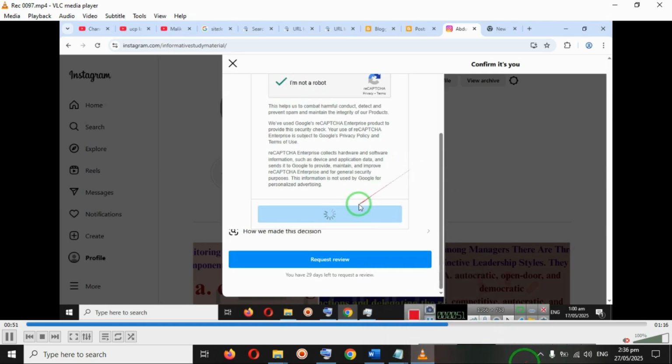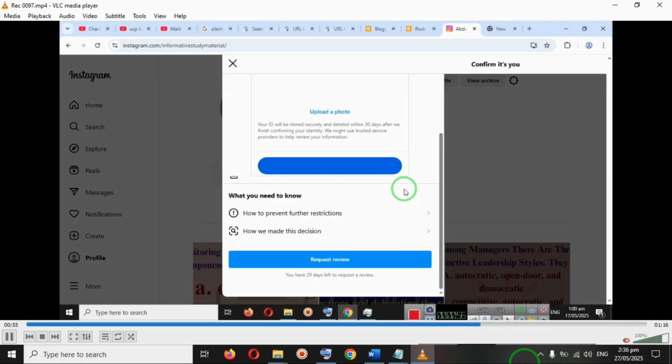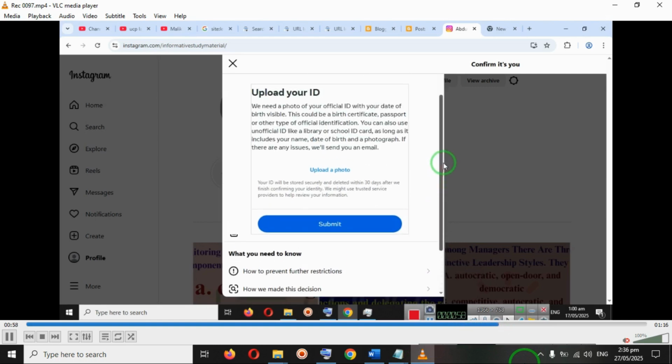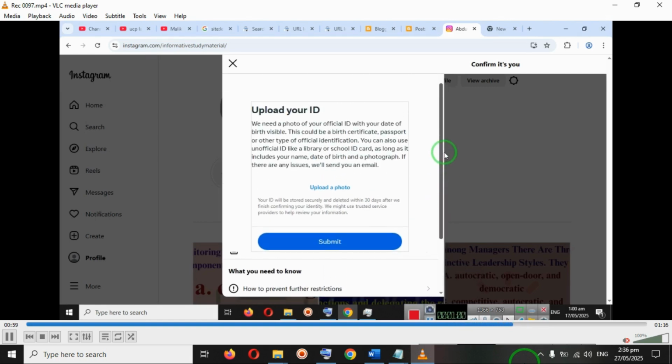Fill the caption, and you need to upload ID, official ID card. You can also upload a driving license